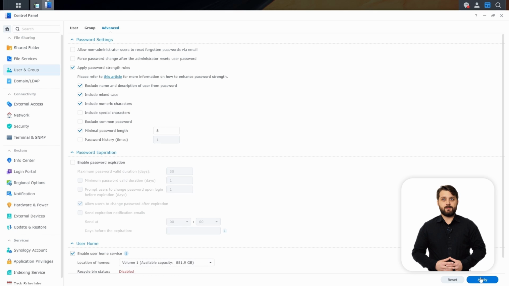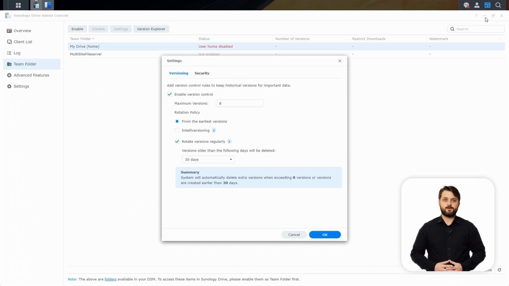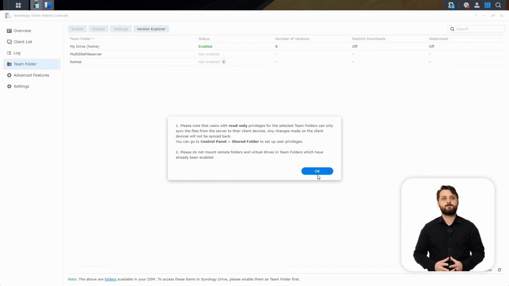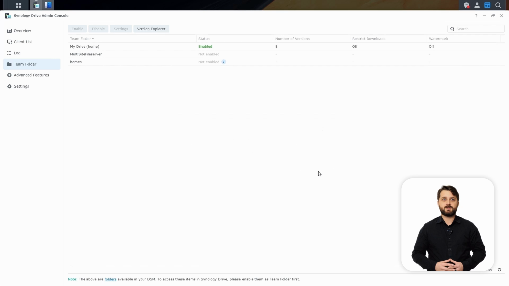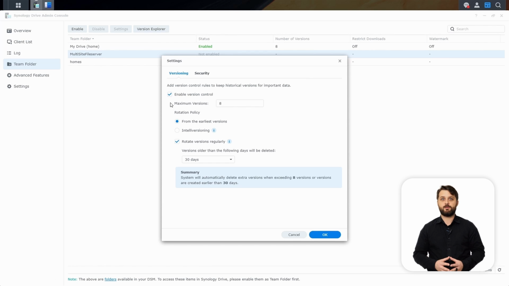Once that is done, you're going to be able to actually interact with your My Drive environment after you finish with this wizard. So now your users have their own personal space, but what about collective workspaces? That's going to be where you want to enable this multi-site file server folder, for example. That's going to be the name of our main shared folder we'll interact with for file serving. If we enable this, it'll automatically bring it into the Synology Drive environment so we can interact with it through sync tasks, the web portal, etc.